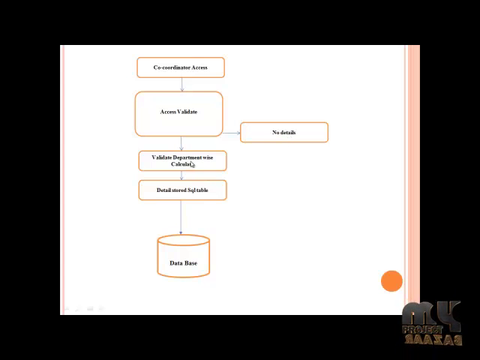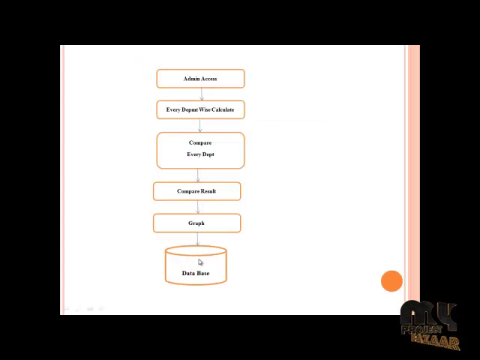The calculation will be done on the basis of a department of a student of a passing average. The detail of the students will be stored in database. The next one is admin mode, which means the principal mode. The principal will handle the detail of a student and staff detail as well as the department detail. He can calculate the department wise result using this, and he can also compare the department according to the education and the present event. The comparing result will be shown in the graph format. It will be stored in the database.